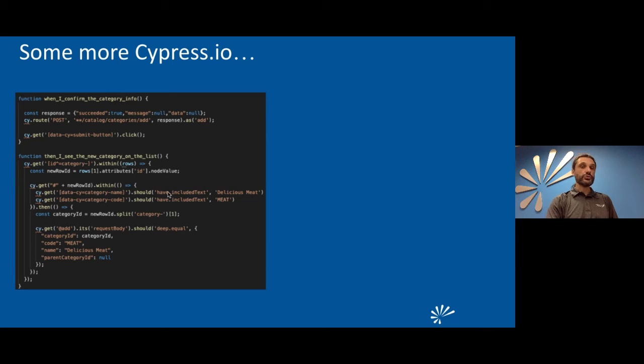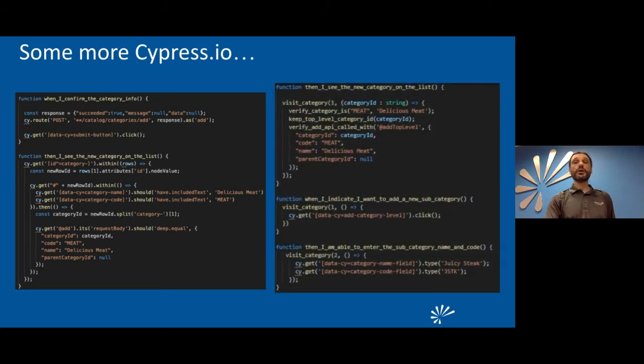So here I'm already using that extension that I just showed you in the previous slide. And then once I verified, yep, the feature actually shows the new category on the screen, and there is an API call with the following payload, right? So there's a lot of syntax in the middle. And then again, how would I like to write that? Because I don't want to write that same kind of code every time. So I ended up coming up with something like this.